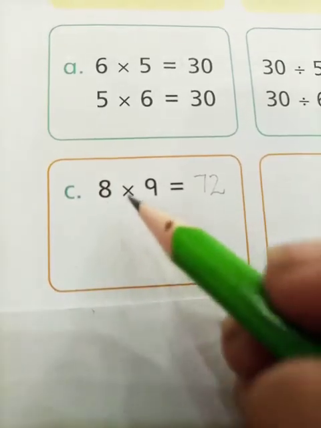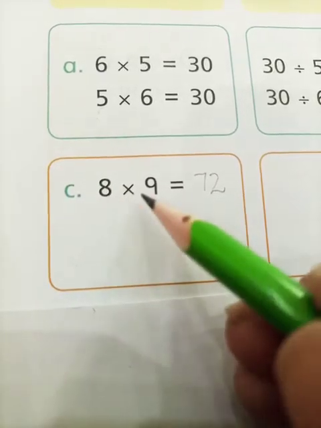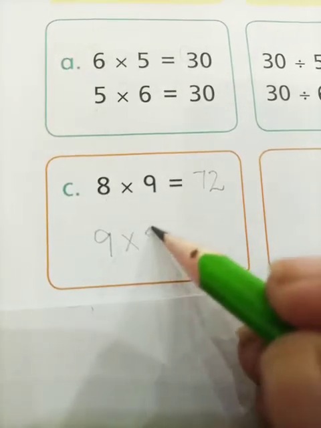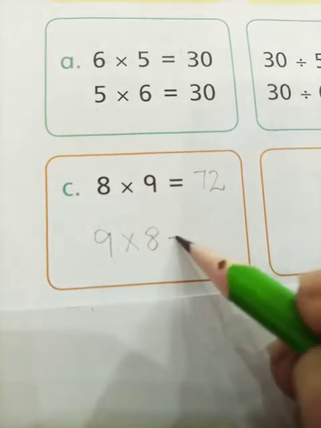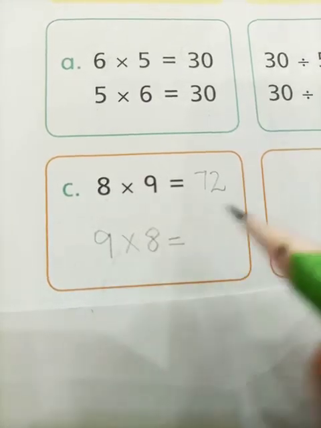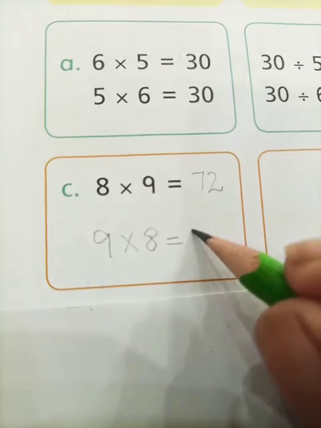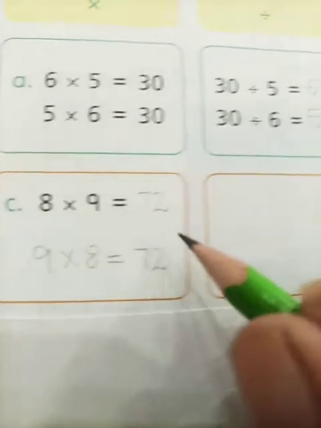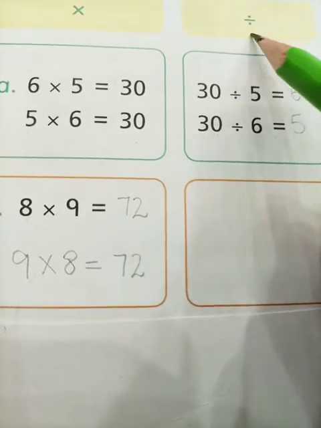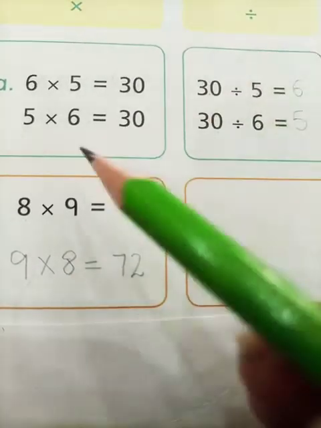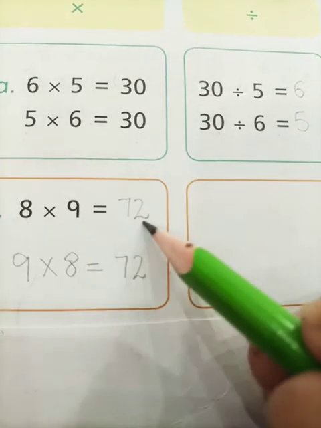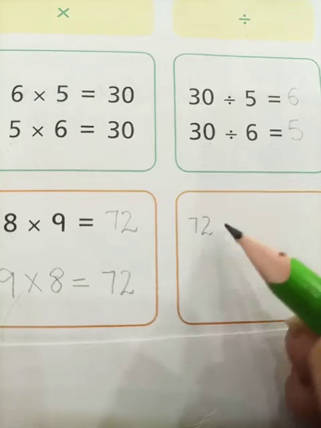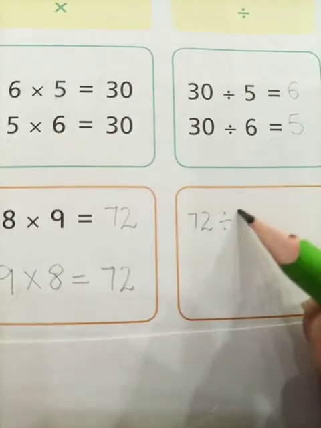Very good. And now we are going to reverse these two digits, and we are going to multiply 9 with the 8. Now you will read the table of 9 until the number 8. So tell me students, 9 8s are 72. Very good. Both answers are the same. So students, next is our division fact. In this we are going to write our answer and our second number. So students, here is our answer divided by our second number.